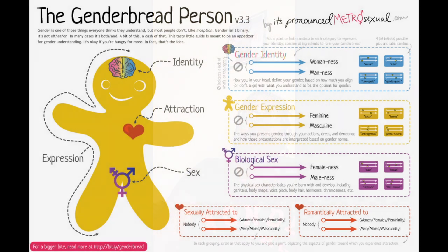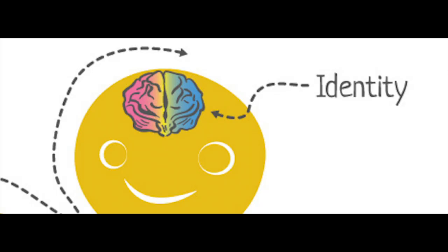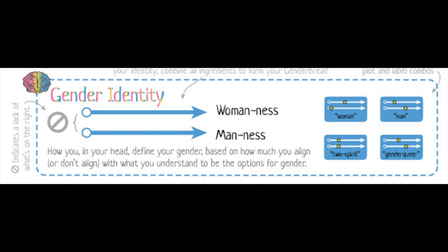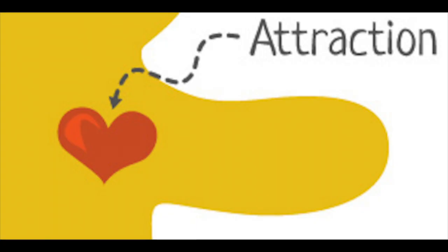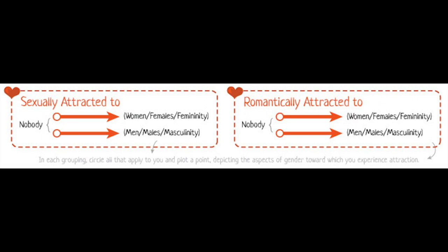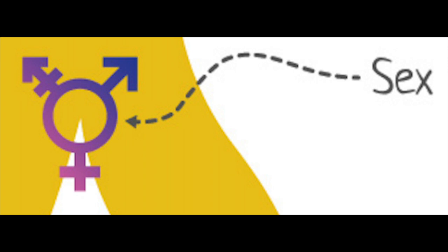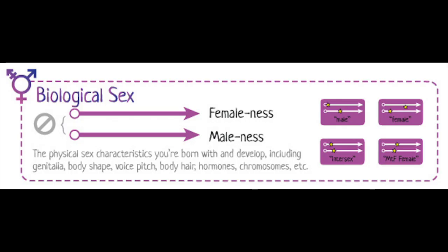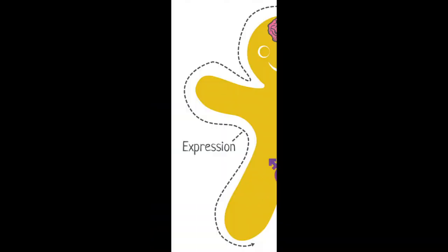What you see in front of you on that first page of your workbook is the genderbread person. We're going to use this person to talk more about the differences between gender identity, gender expression, biological sex, and romantic/sexual attraction. If we look at the genderbread person, at the top of their body is their brain, and connected to that is their gender identity. Inside of their body is their heart, and connected to that is their attraction for other people or no people. At the lower portion of their body is their genitals or private parts, and connected to that is the sex they were assigned at birth. And then connected to their whole body is their gender expression. We're going to take a deeper look at these key terms.